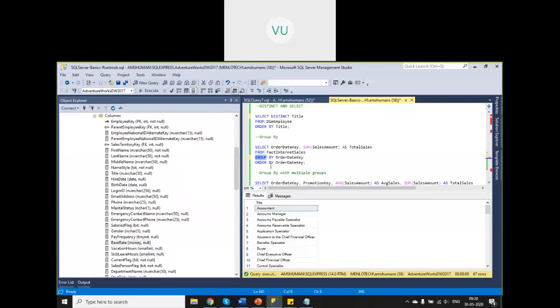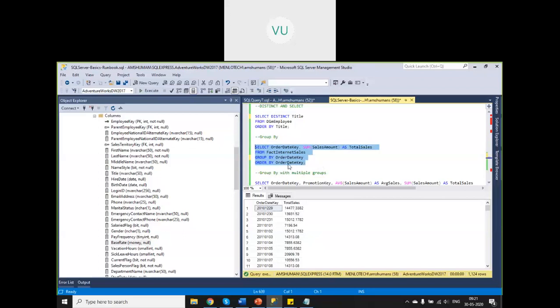Within these groups, you are saying order by this particular column. From is already done, right? Before order by, select is applied. So select which column: order date key, and an aggregation of some column value, and you are applying some alias column name, and then order by this particular column value. So what is the order? From, group by, select, order by. So that is the purpose of group by.